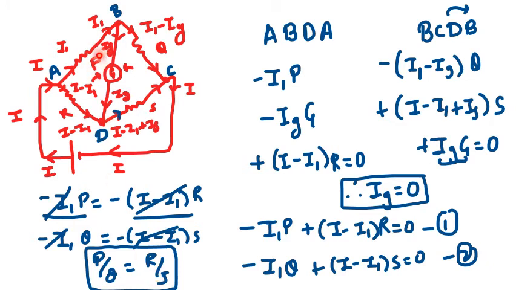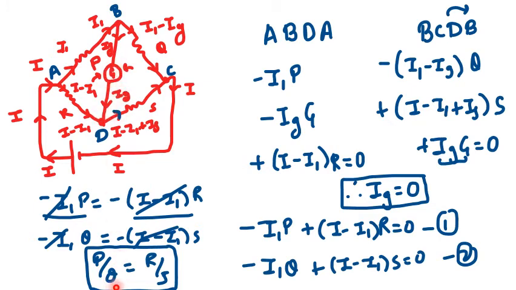So if P divided by Q equals R divided by S, then this will be a Wheatstone bridge and the current through the galvanometer will be 0. So you can remove this branch. If you remove this branch, then P and Q will be in series, R and S will be in series, and P plus Q and R plus S will be in parallel. So you can easily find the equivalent resistance. In a Wheatstone bridge, if this condition is met, then you can remove the middle branch, the galvanometer part.